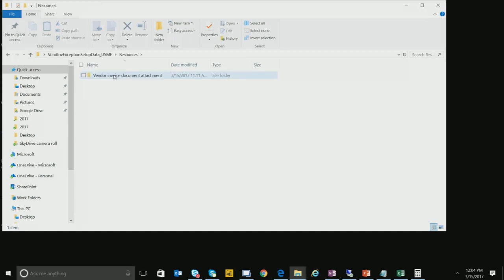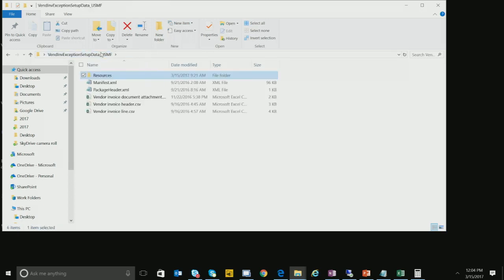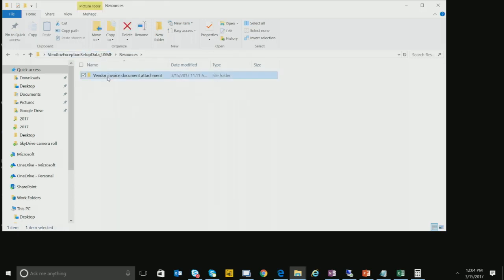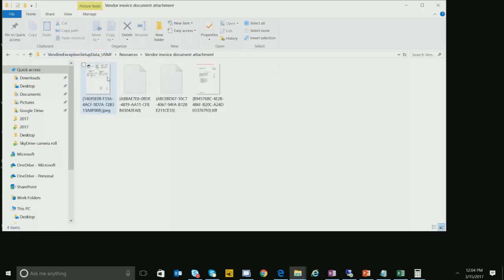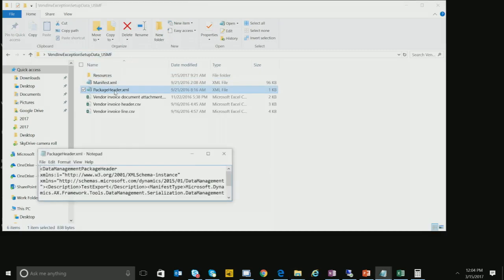So you would have a resource folder, and within the resource folder, you need to copy all the files that you want to attach, right? And once you have them here, right now I have given all the file extensions, but we expect you not to give any file extensions. So you need to upload the files without any extensions. And once you have the files,